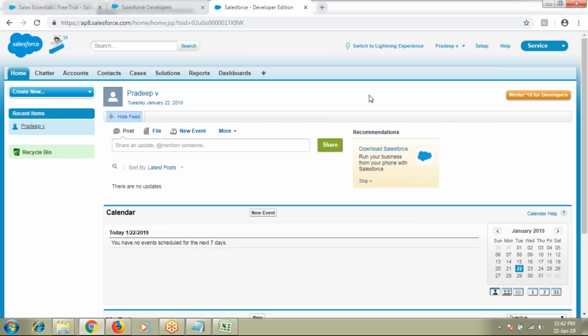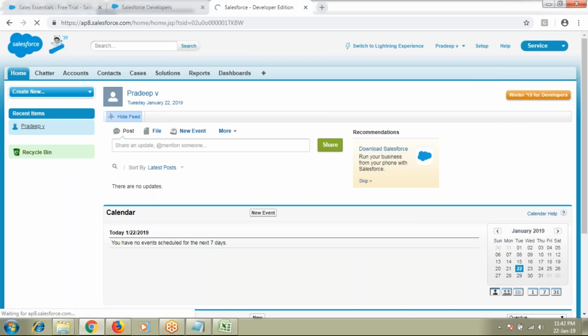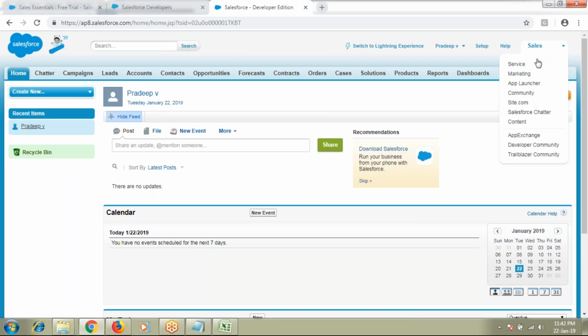The most important applications in Salesforce are Sales and Service. For the first few classes, we'll focus on the Sales application, where your entire Salesforce application lies on the sales process by means of the Sales application, and the service process by means of the Service application.